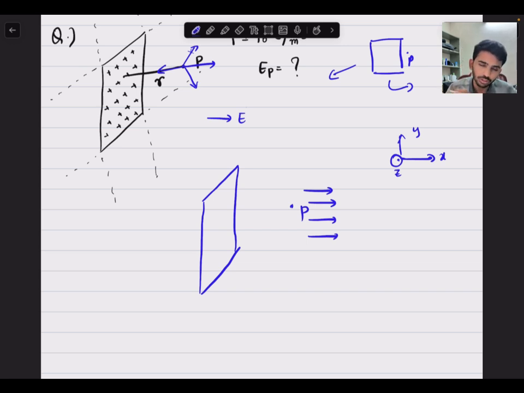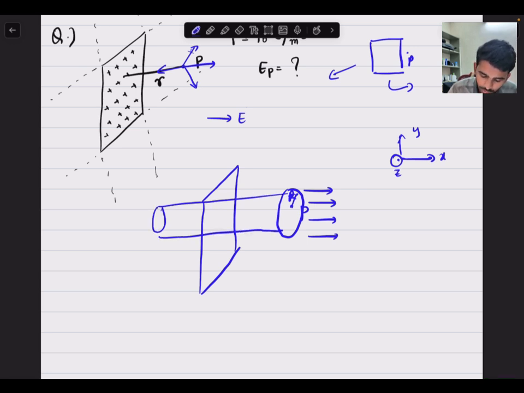So now what surface would we take to use Gauss law? We want the charge to be enclosed by the surface, and the surface should also be perpendicular to the electric field. As the surface should be perpendicular to the electric field, we can take a square or a circle or anything like that. But the surface should also pass through the charge sheet for the charge to be enclosed. So by considering these things, we can take a cylindrical surface